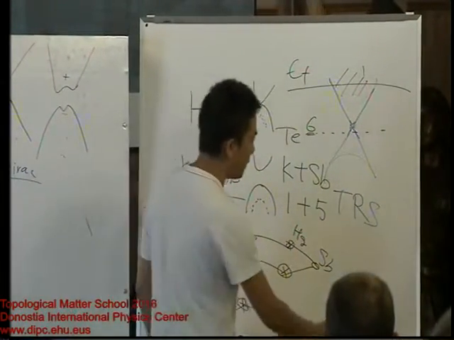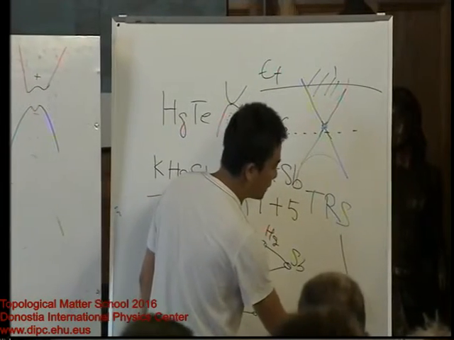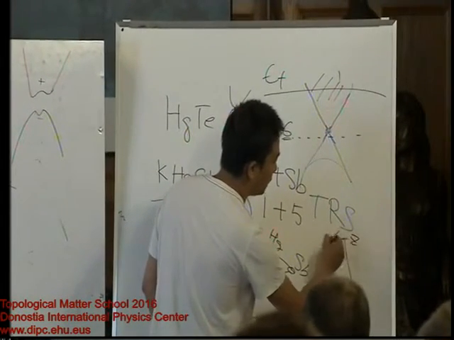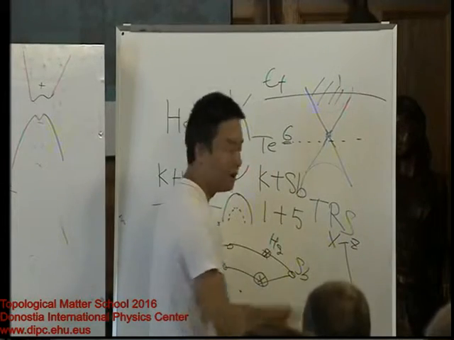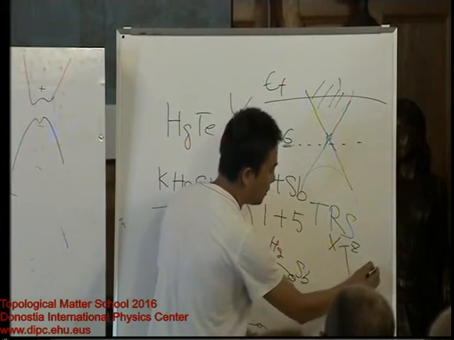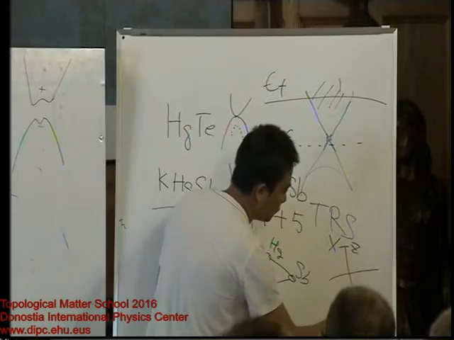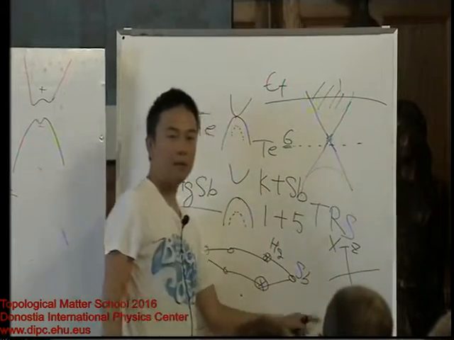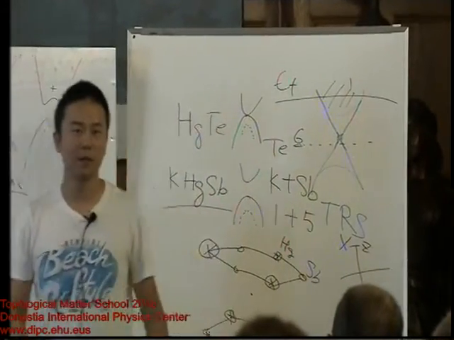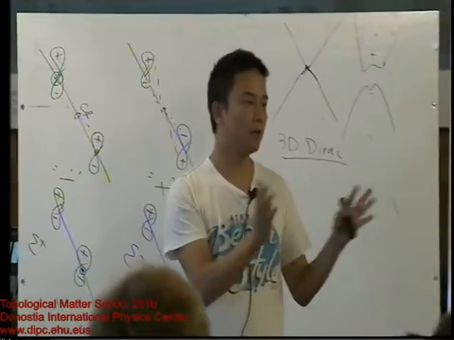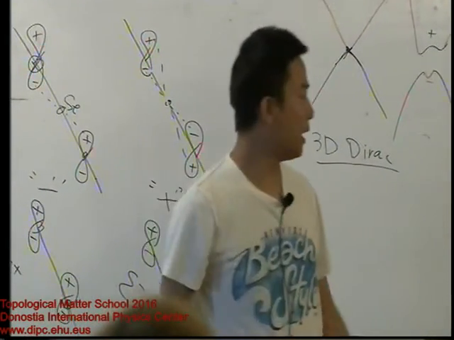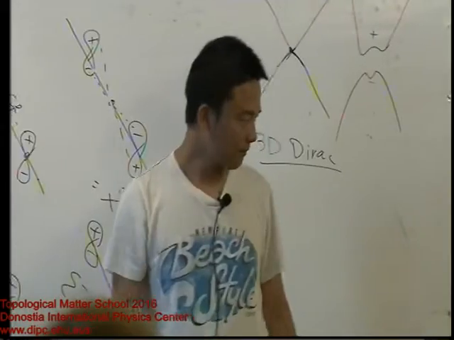Then after the doubling, originally at gamma and Z, you have two Dirac points, right? Now, after doubling, your Brillouin zone becomes half. This one is folded to here. And once I believed that when they fold together, it's not stable, they will open a gap. I didn't even think about it further. Actually, later,